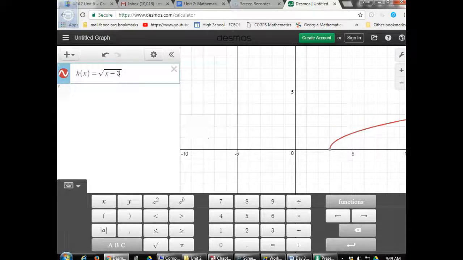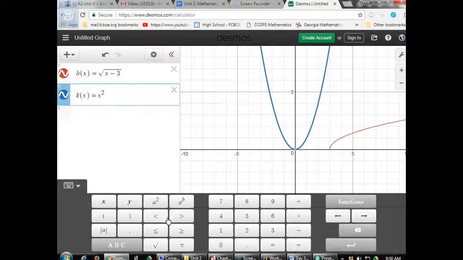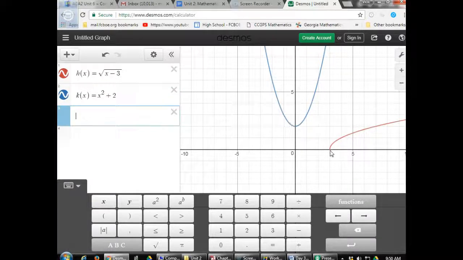So you can see the function, and you can see here how the domain is restricted. Your x's must be greater than or equal to 3. So you can see the domain there. Then I need to do my next function, which is my k function. And my k function is simply x squared plus 2. So I'm going to have x squared plus 2. Okay? And it is a quadratic for that one. Okay? So it has no domain restrictions on it, but the red function, which is going into the blue function,